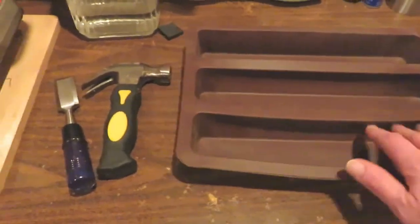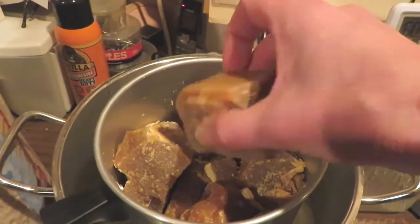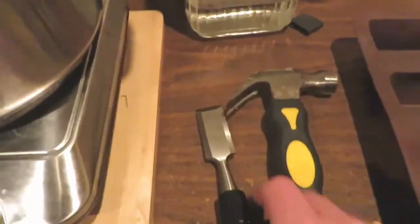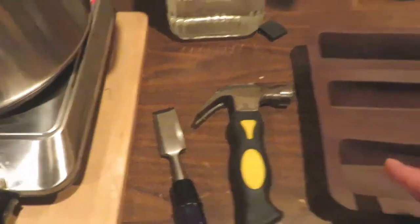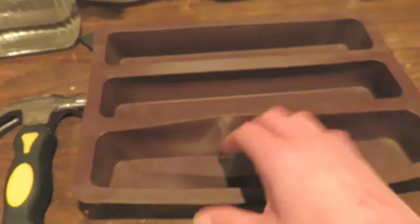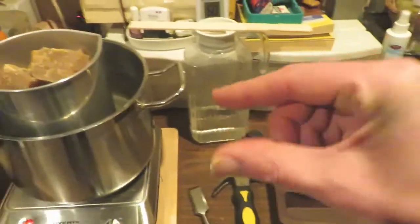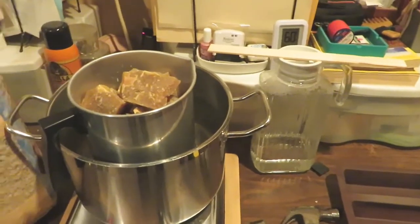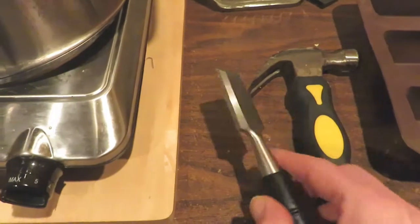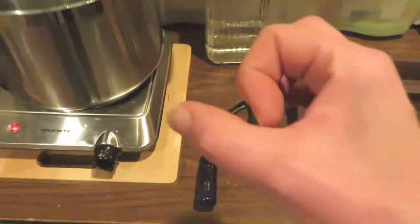over them. And just like with the beeswax in this stage, I can't cut it with a knife. There's just no way. I have to basically do it with the chisel and everything. So I think once it's done, they'll probably pop out of the molds okay, but then I'm not going to be able to get them into little thin slices like I saw those fire starters for sale. I'm not going to be able to do that. And so I'm just going to have to roughly break off pieces of it,